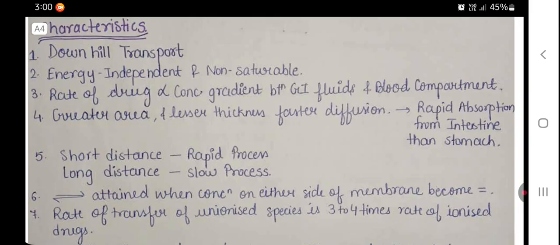The greater the area and the lesser the thickness of the membrane, the faster will be the diffusion, and if the diffusion is faster, then the drug will be rapidly absorbed from the intestine rather than from the stomach. शॉर्ट डिस्टेंस होगा तो रैपिड प्रोसेस होगा, और लॉन्ग डिस्टेंस होगा तो एब्जॉर्प्शन जो होगा ड्रग का वो स्लो प्रोसेस